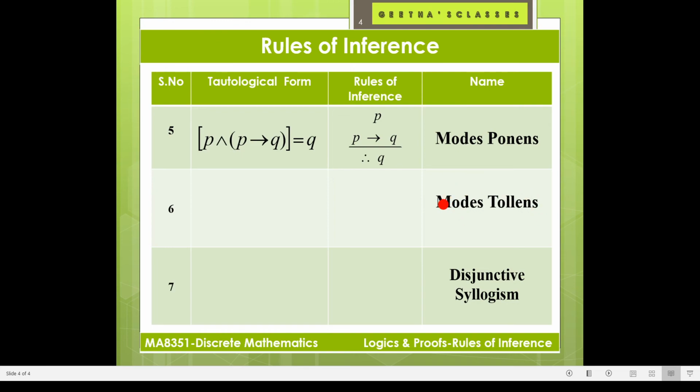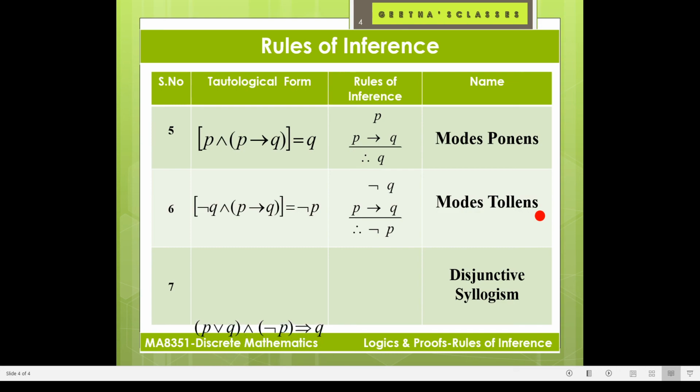Now what is meant by modus tollens? Here not Q and P implies Q can be written as not P. That is modus tollens. If you combine not Q with P implies Q, Q gets cancelled, and instead of P you write not P. Tollens means negative of that value, and ponens means positive. Keep it in mind. You have to remember these two rules. This is very, very important. Often we use modus ponens and modus tollens.